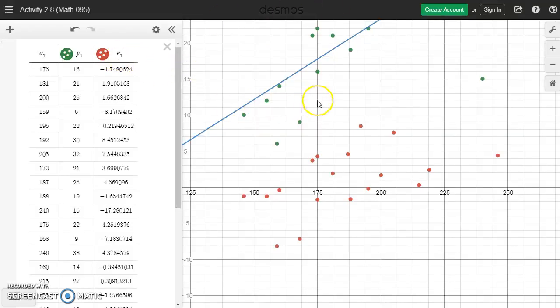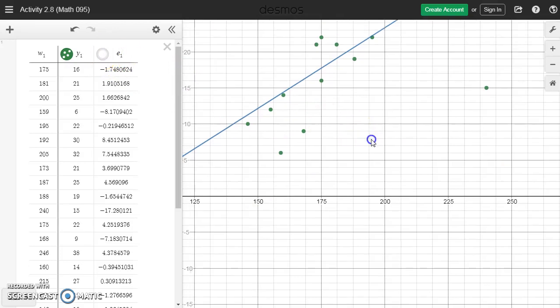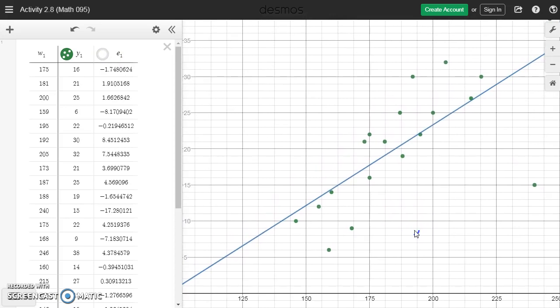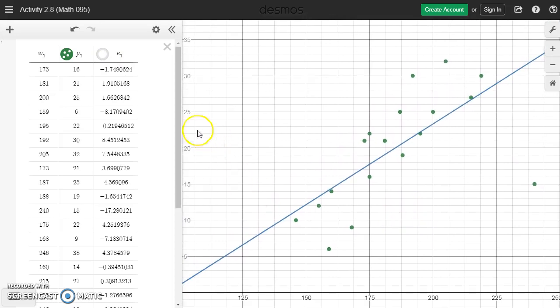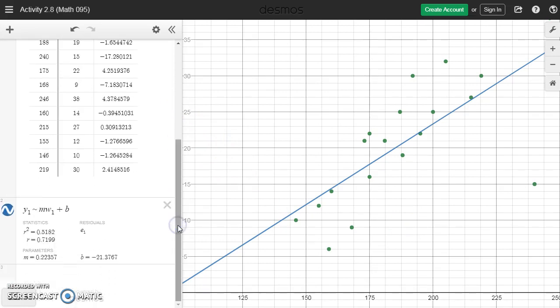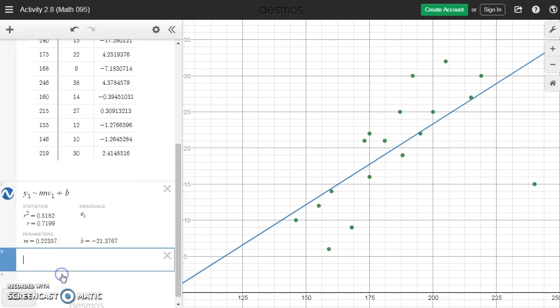So to clean up our graph a little bit, I'm going to click on this red circle, which will hide all of those residuals. You could turn those back on as soon as you wanted to start interacting with those or coming up with any sort of conclusions based off those, analyzing those points. But just for the sake of clarity, we can hide those, and opening up a new cell or clicking on